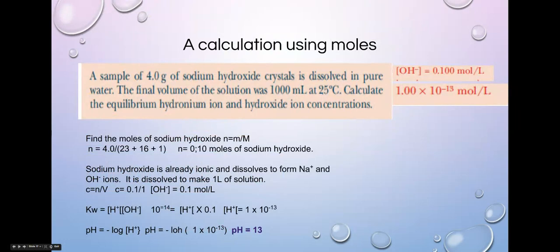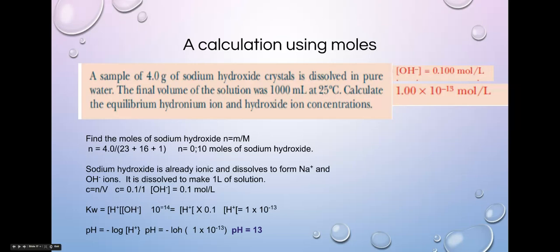So here's a little sample calculation. We've got 4 grams of sodium hydroxide dissolved in pure water, and the amount of water is 1 litre. That's 1,000 mL. Okay, so first thing to do is 4 grams is given to you. That's a mass, so we can find the number of moles because it's the mass over the formula mass, and that turns out to be 0.10 moles of